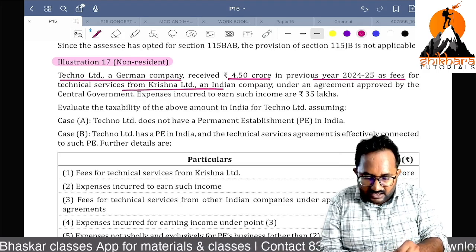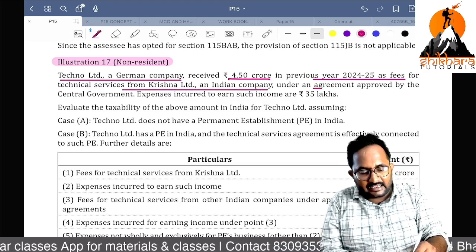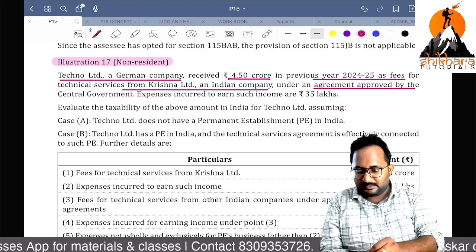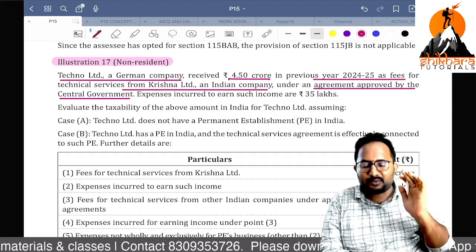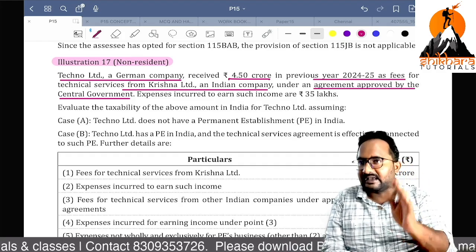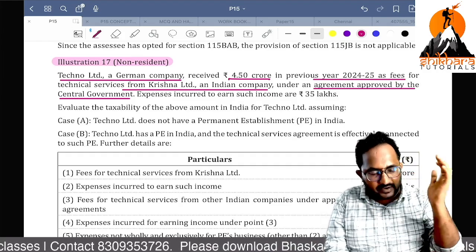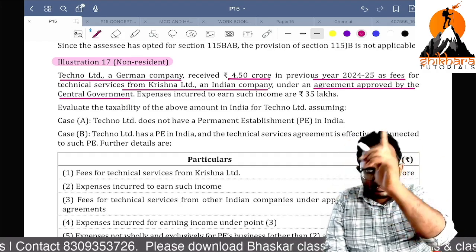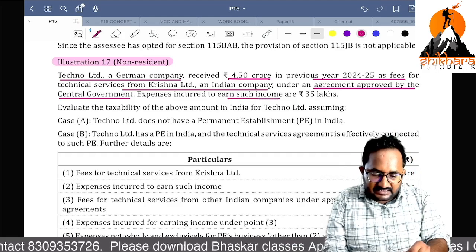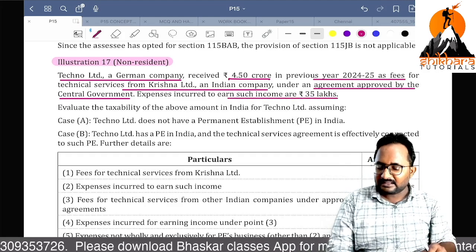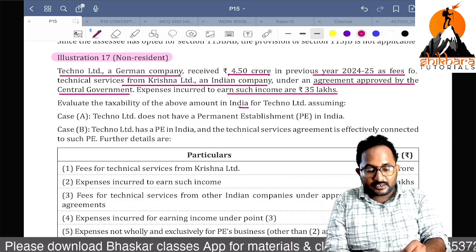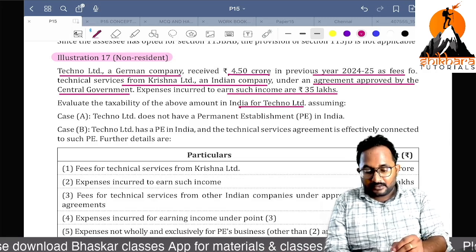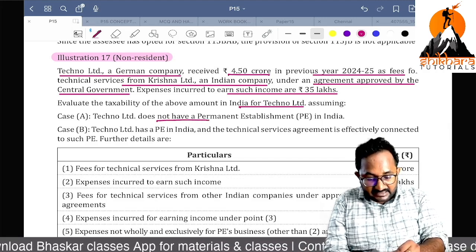from Krishna Limited, an Indian company, under an agreement approved by the Central government. I think the foreign company is receiving the FTS amount from the Indian company, or not, ma? Yes. What is that amount, ma? 4.5 crore. Is there an agreement or not? Yes. Expenses incurred for earning such income are 35 lakh. Now they are asking the taxability of Techno Limited in India, if it doesn't have any permanent establishment,